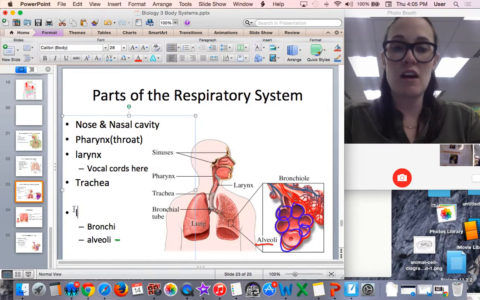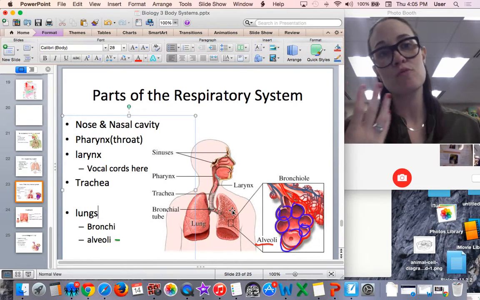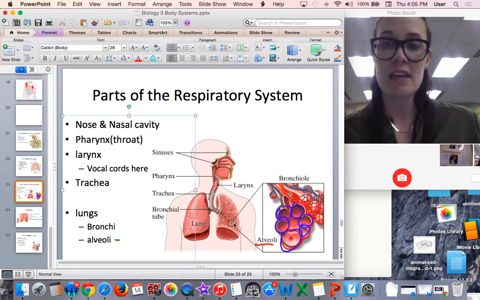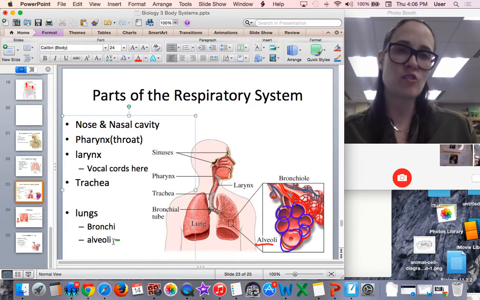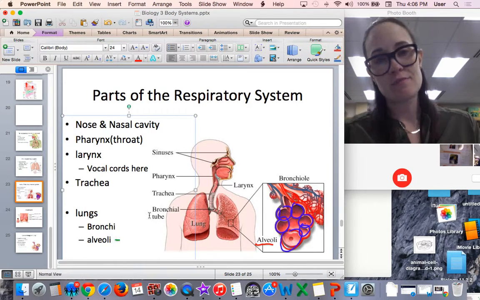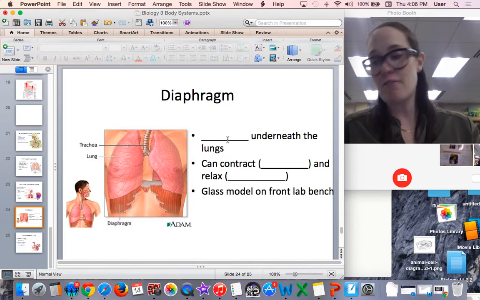And then the lungs, of course. Within the lungs, you have these bronchi, or the tubes that spread out from the trachea. And at the end of those tubes, the bronchi, we have these little alveoli that look like little grapes at the end. And they're inflated. The diaphragm, right here,